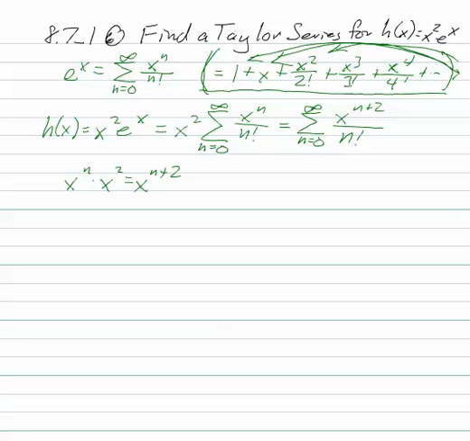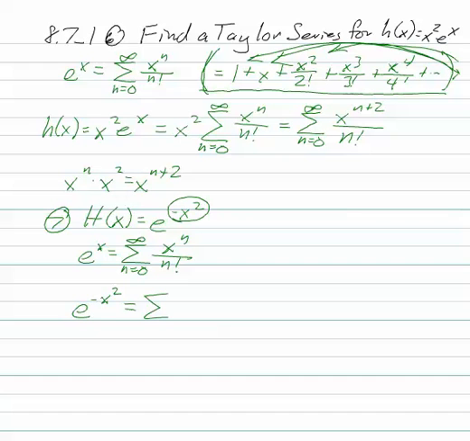We can also do, while we're at it, number 7, which said find a Taylor series for capital H of x equals e to the negative x squared. This one, we're not multiplying e to the x. We've actually changed the x in e to the x with substitution. So we start with what we know. E to the x is the sum from n equals 0 to infinity of x to the n over n factorial. And a substitution says I'm going to take both x's and replace them with negative x squared. So parentheses can help you a lot. That means that we get e to the negative x squared equals the sum of negative x squared to the n